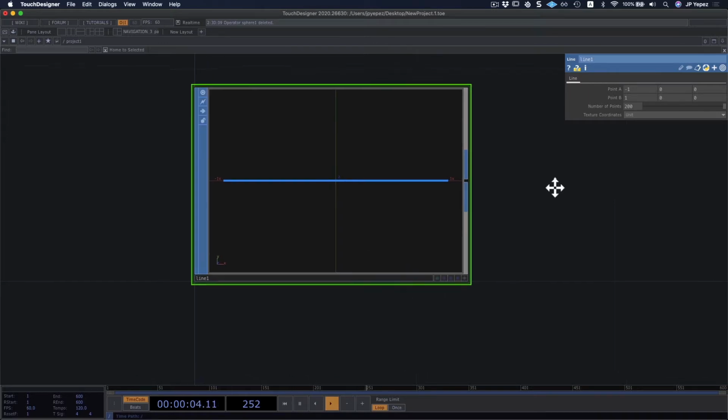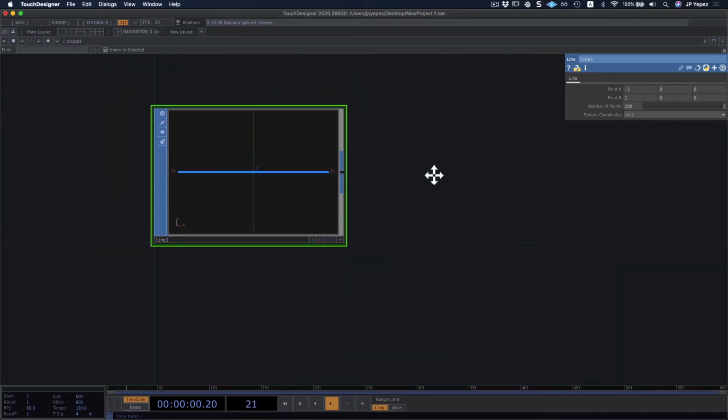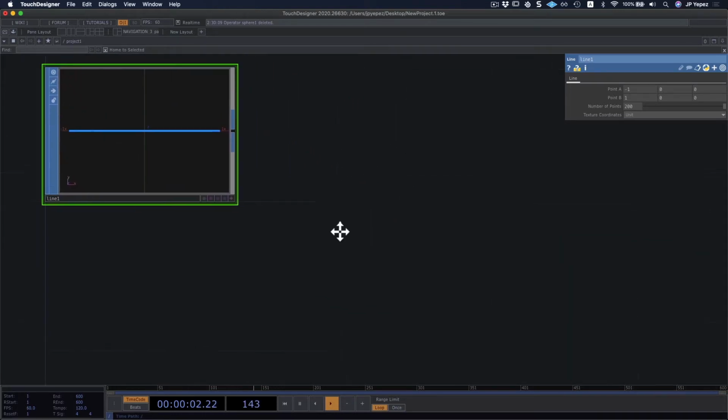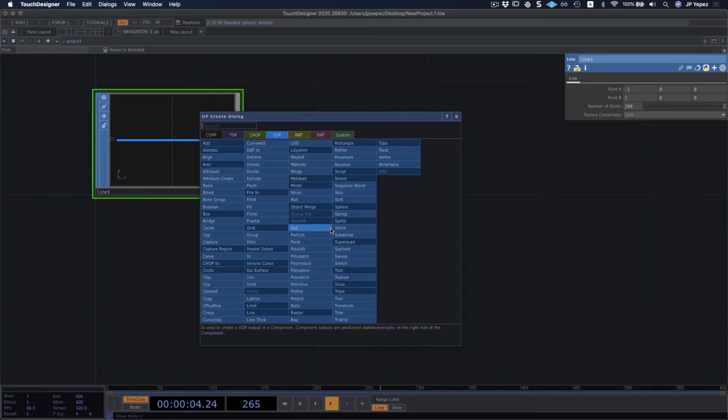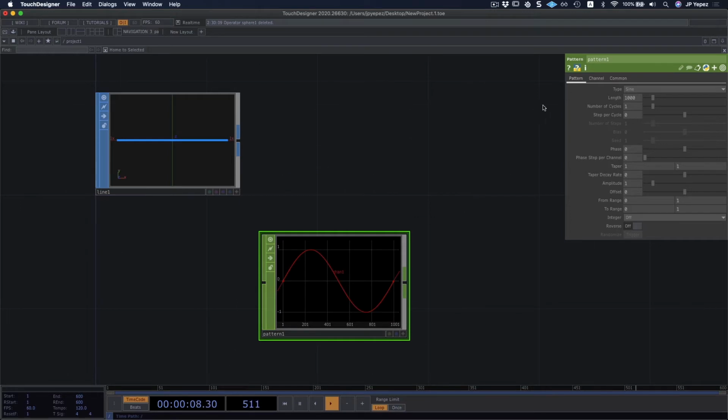Now, we are used to working with CHOPs, and a CHOP that we saw briefly while explaining noise, but didn't really go into, was the pattern CHOP. The pattern CHOP allows us to select different types of lines, different patterns, as its name implies, that we can use as data in other operators.